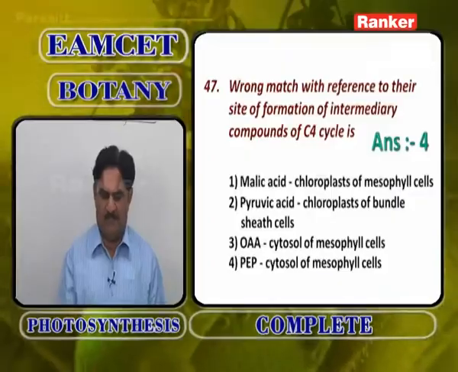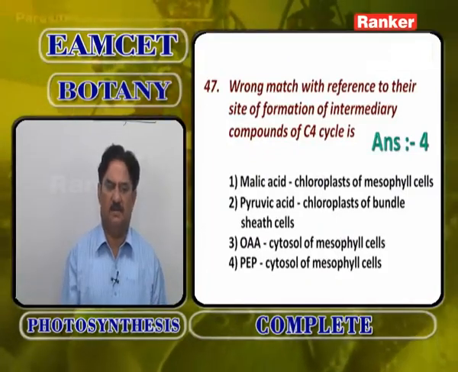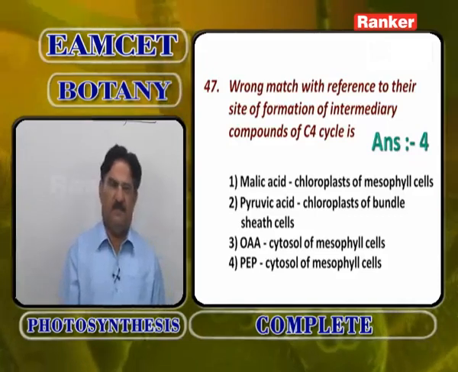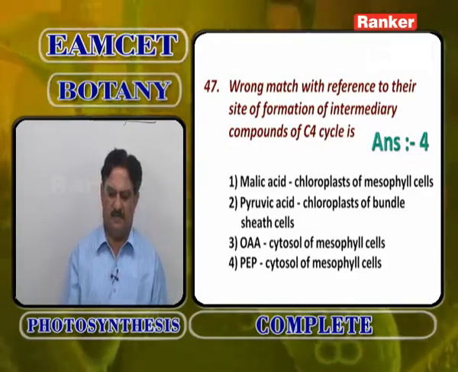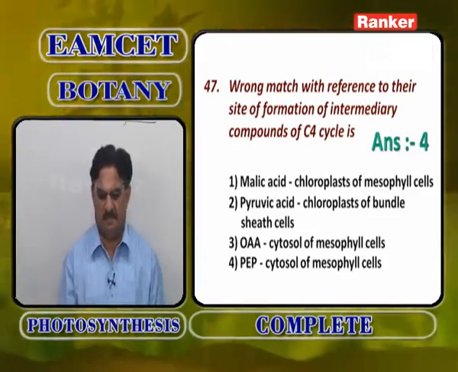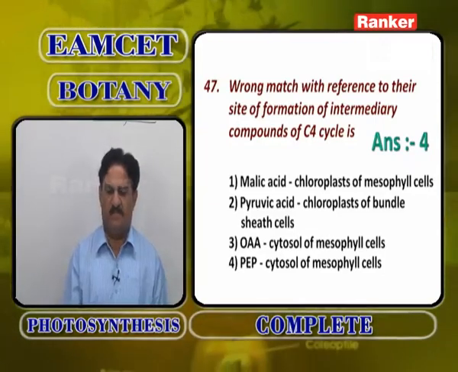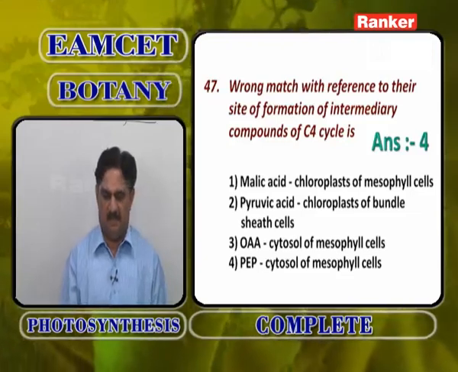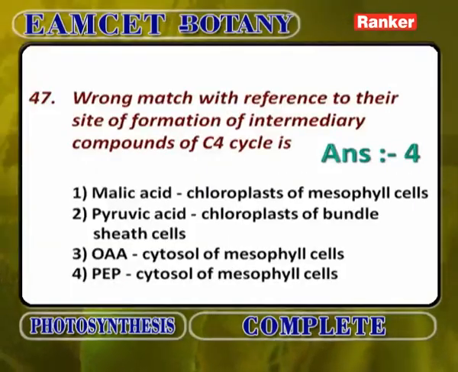Phosphoenol pyruvic acid, cytosol of mesophyll cells is wrong. It is formed in the chloroplast of mesophyll cells and then transferred to the cytosol of mesophyll cells. So, the wrong match with reference to the site of formation of intermediate compound in the C4 cycle is phosphoenol pyruvic acid, which is not formed in